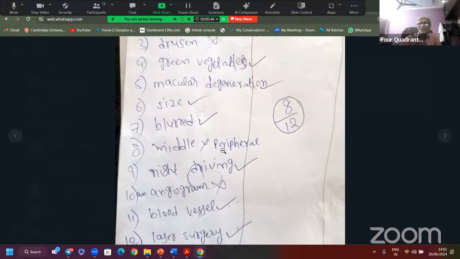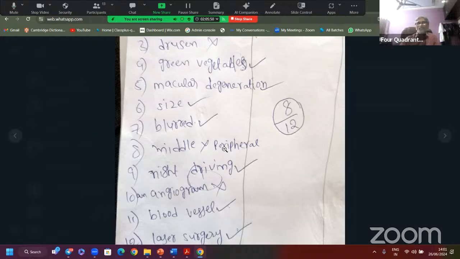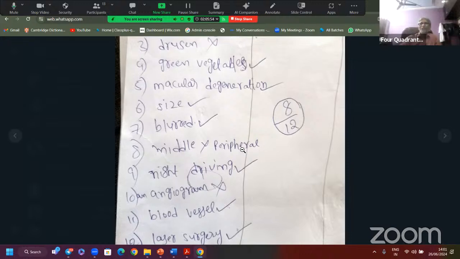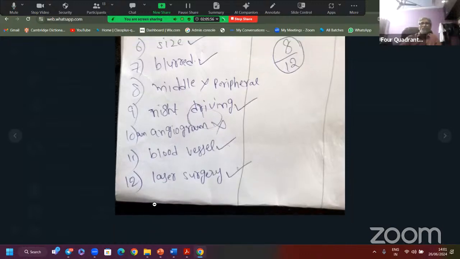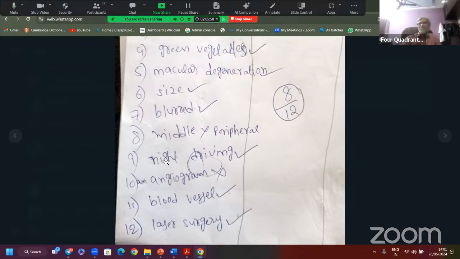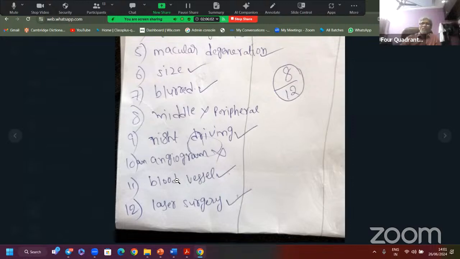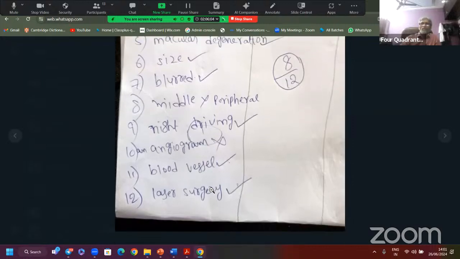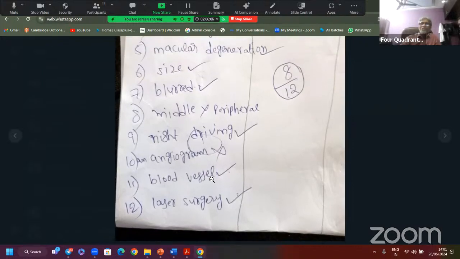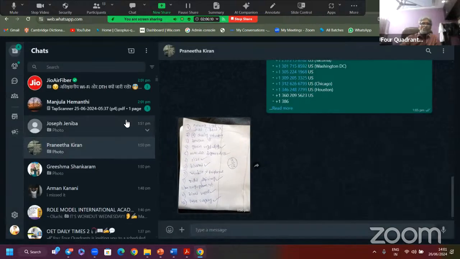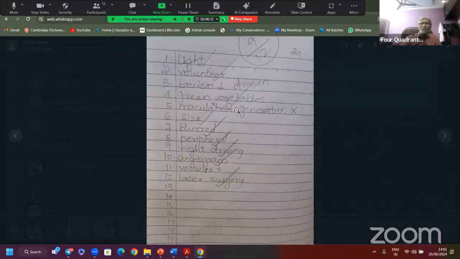Here. Peripheral. Where is E? Why is the size of this E dwarf and this E big? What is the difference between this and this? Why? Night. Is this G or S or 8? What is this exactly? So be very careful. What is this spelling? Be very careful, please. Joseph Geneva. Yeah, this is Geneva.